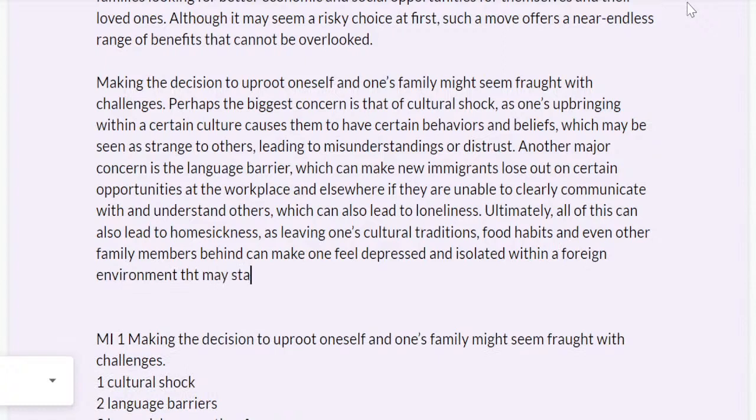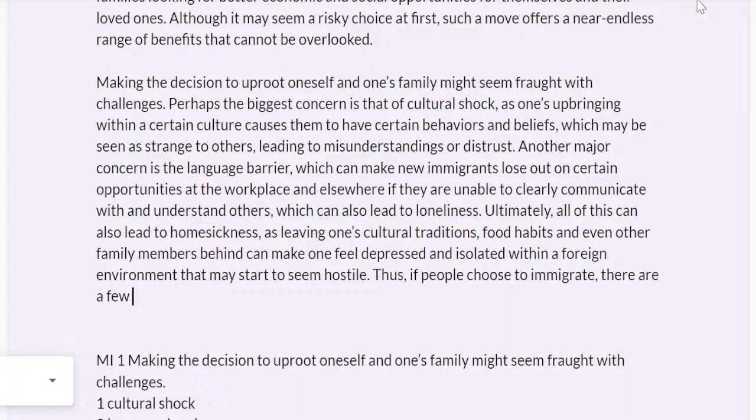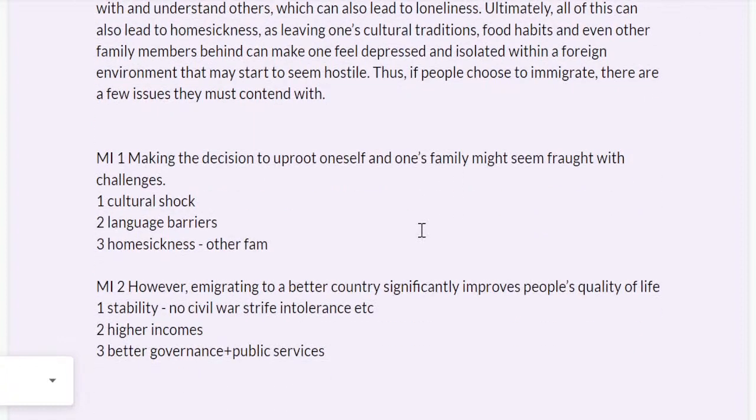That may start to seem hostile. You just don't understand other people, and then you feel like, these are not my people, right? Okay, and then my last sentence says, if people choose to immigrate, there are a few issues they must contend with. And then I have the other paragraph,